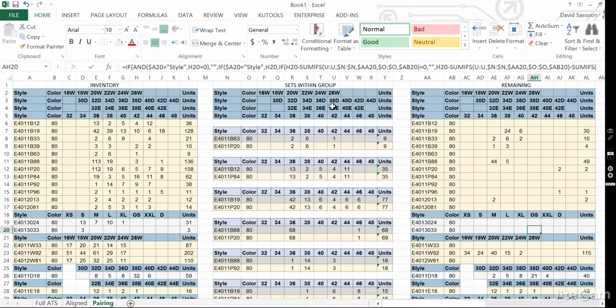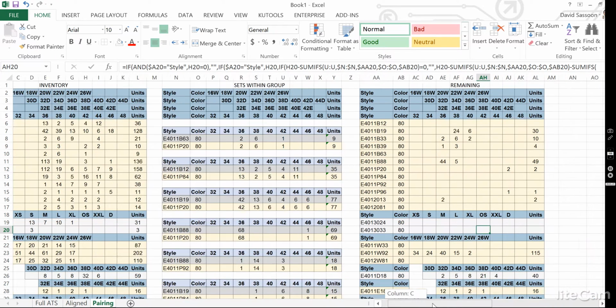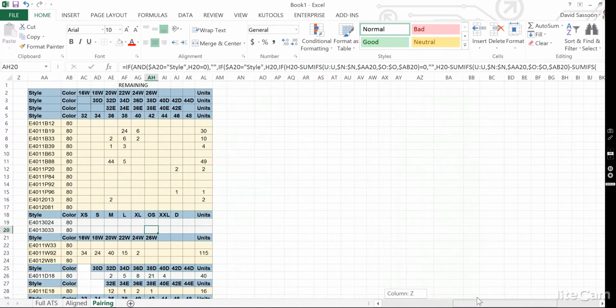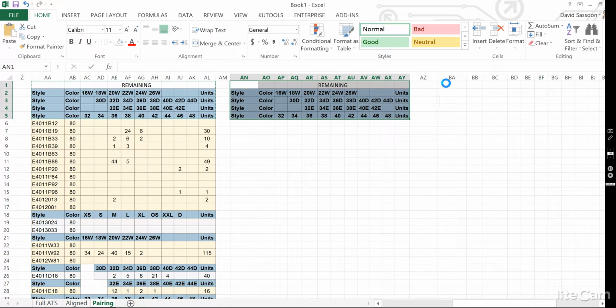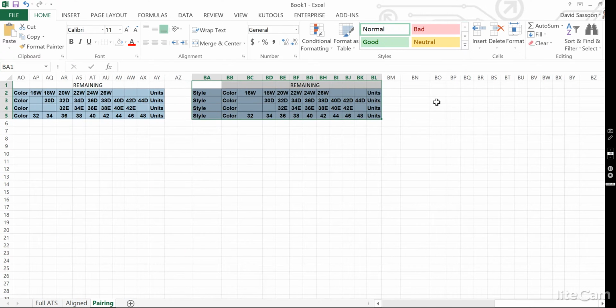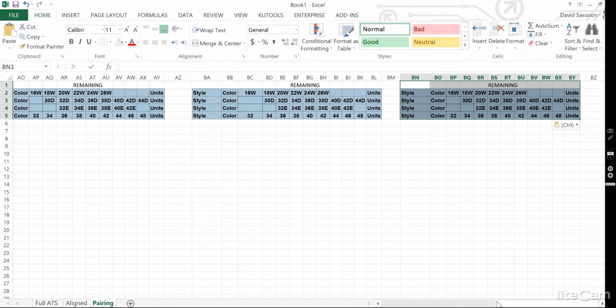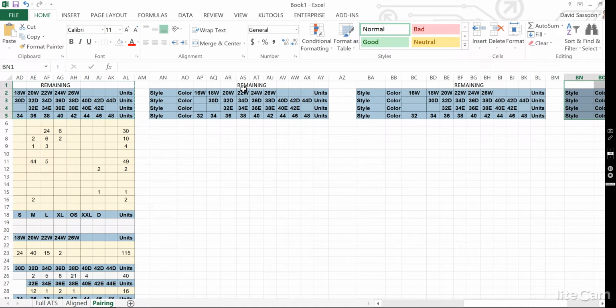Once you've done that and you've got a screen that looks something like this, you're going to scroll over to the right, and select cells AA1 through AL5. You're going to copy and paste 3 of them. So one is going to go here, one is going to go here, and one is going to go here. Now I'm going to rename these so that I know what they are. So this one is going to be sets with basics. This one is going to be